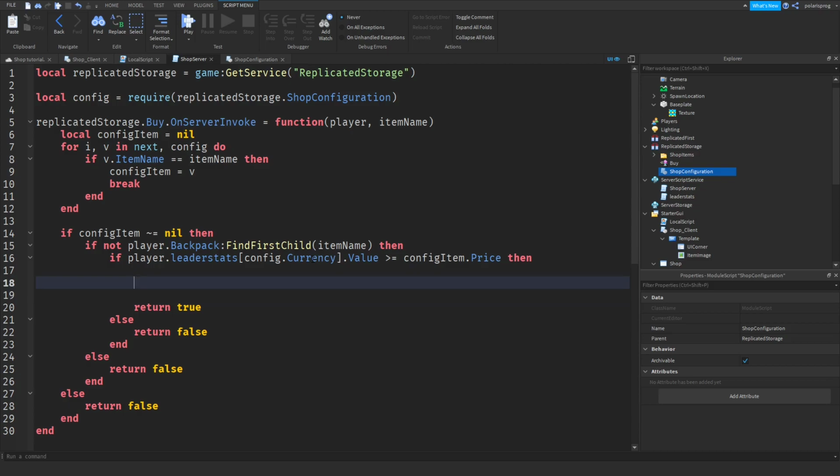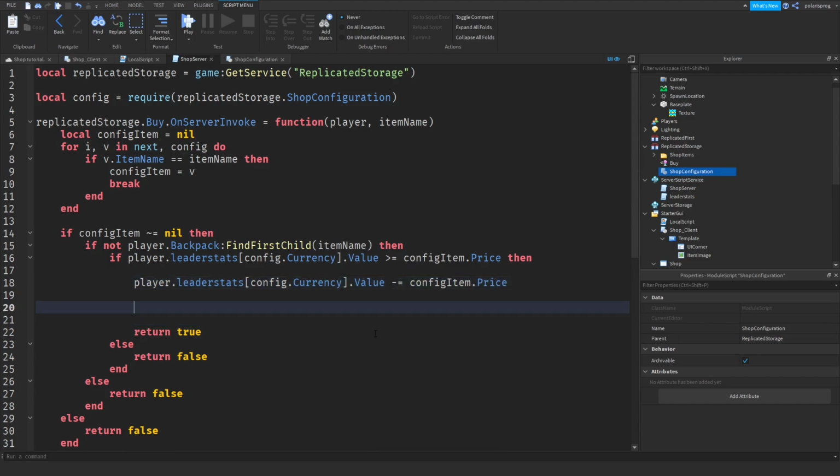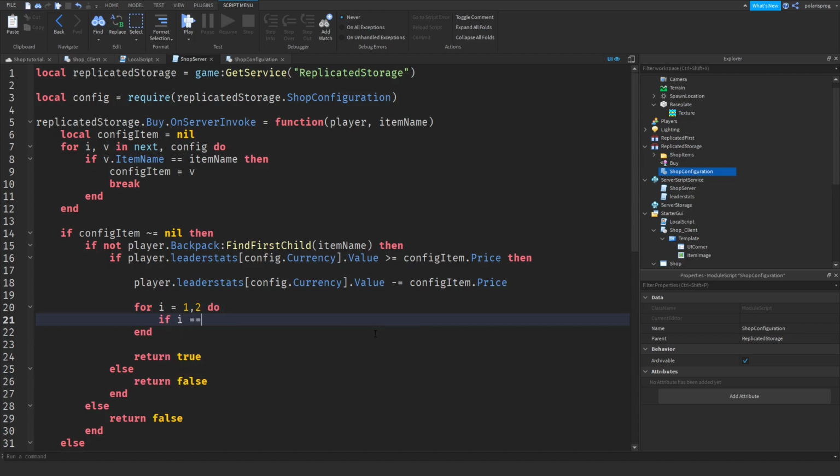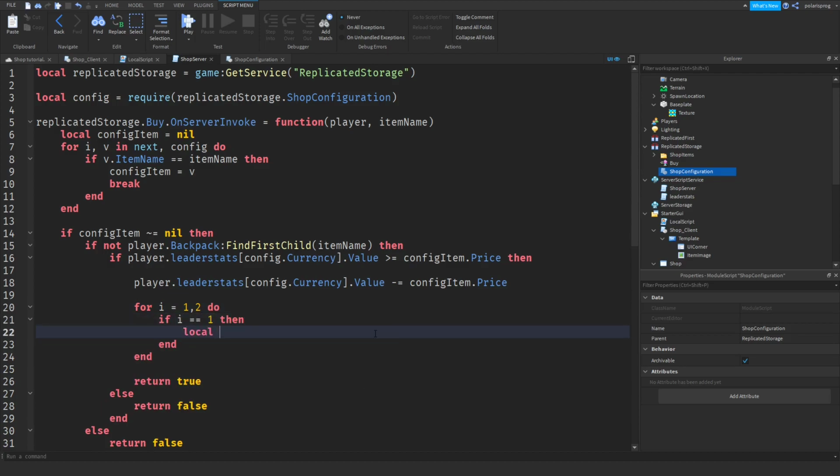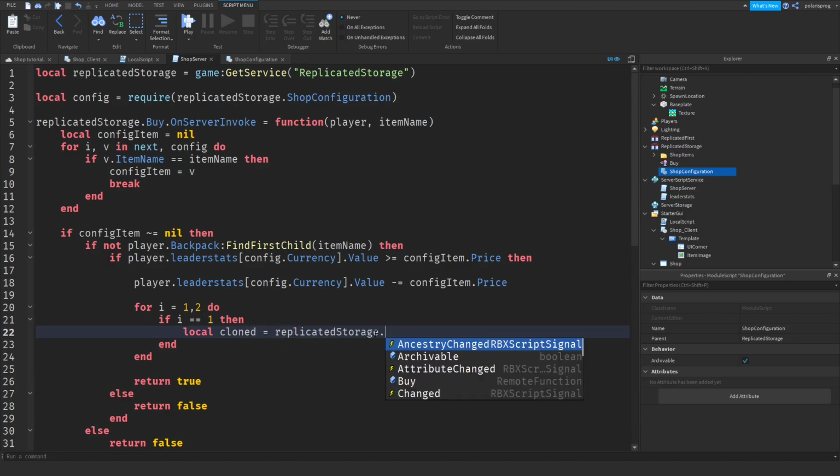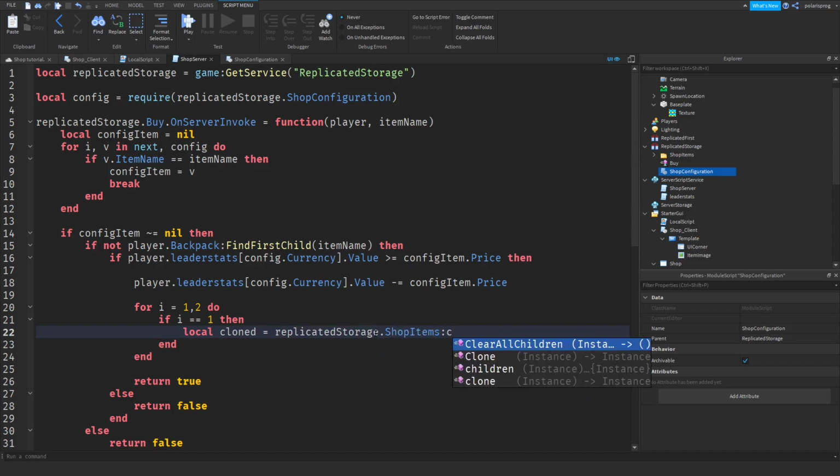And after that, we will want to remove some currency from that. So player.leaderstat.config.price minus equal that. Now after doing that, we're gonna wanna clone. We're gonna do local cloned tool 1, or let's do for i equal to 1 to 2 do, and if i is equal to 1, then we're gonna do local cloned is equal to ReplicatedStorage.shop items:FindFirstChild